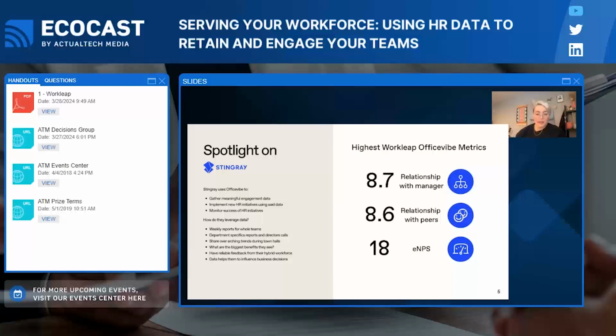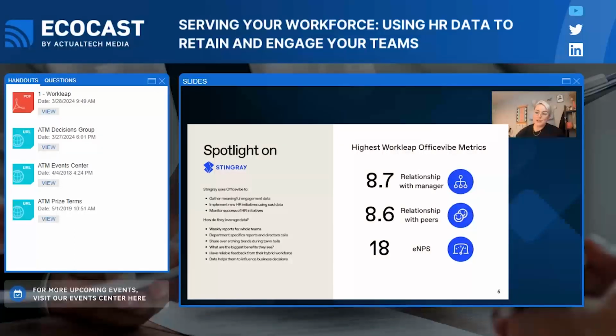So what features are they using the most? ENPS, that's a good indicator for a quick pulse check on how people are feeling in the organization. They're using their survey reports, which is the overall engagement score across all of our 10 key metrics, so that aggregated average. Participation rates, ensuring that they've got a really nice, well-rounded and good population to gather data from. When you have actively encouraged members who are actively using the surveys in the tool, we know that we've got a strong population and data set to actually take these trends and actions from.